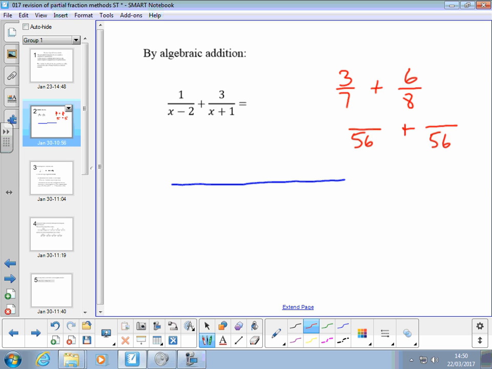So to get from 7 to 56, I had to multiply 7 by 8. So I've got to multiply 3 by 8. It's 24. And then on this side, I multiplied by 7 to get to 56, so I've got to multiply 6 by 7, and 7 6s are 42. Now the denominator is the same. I can write it as one fraction, 24 plus 42, that's 66 over 56. I could also simplify that fraction, but it's just an example. So the process is multiply the two denominators together,